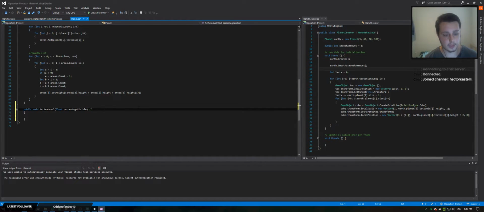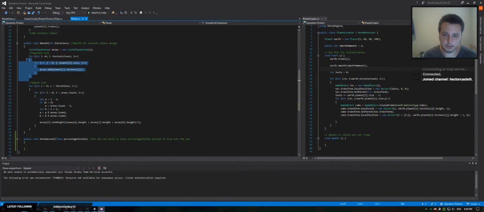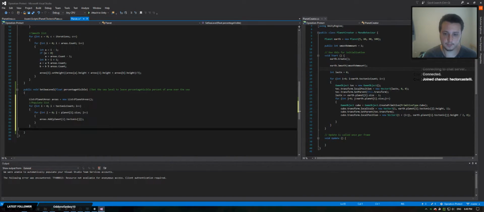So set the sea level to the percentage visible, the percent of area over the sea. So basically we're going to populate the list once more,